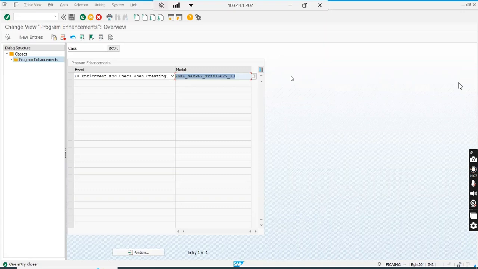Like CC does not push the payment card information, the authorization amount, the card data and all. So we have written the logic that whenever we receive that kind of item type, if the customer has card details in the master data,